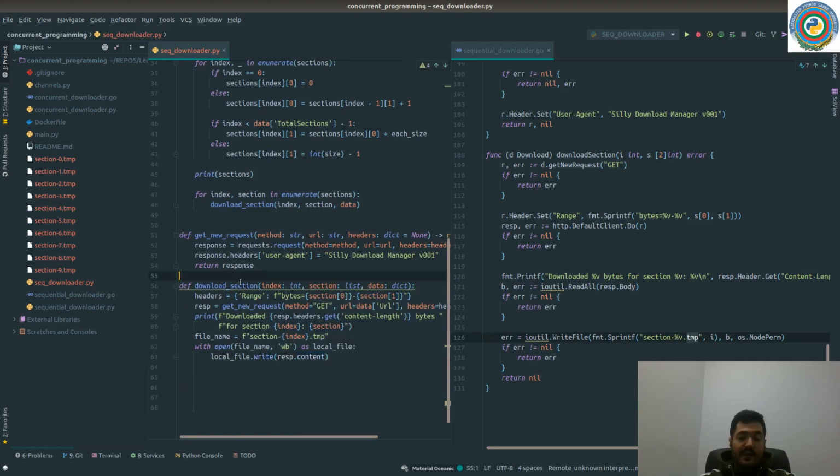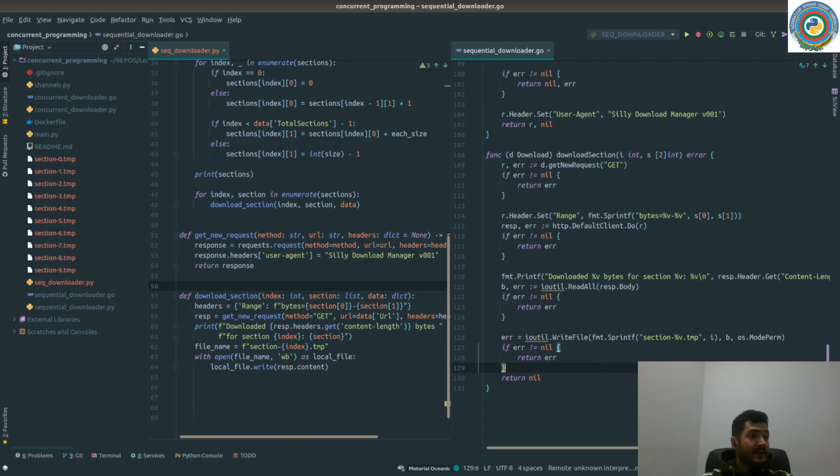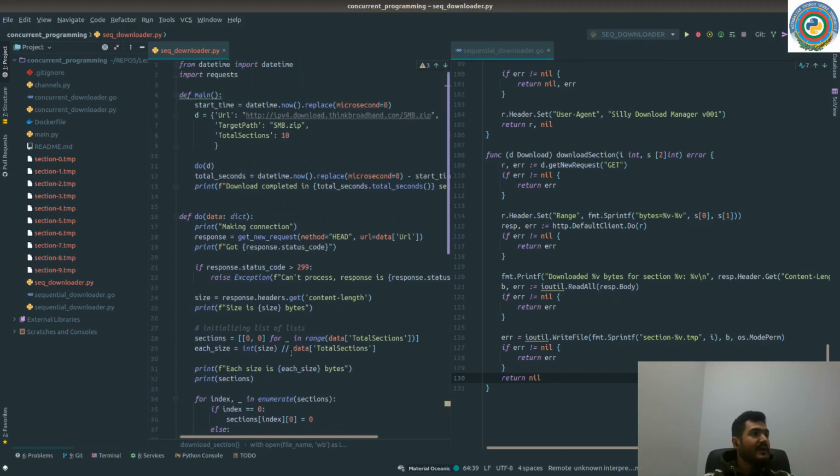Nice, very nice. The same thing we did with the Golang. So we are reading the response body, then we are writing these bytes to this file, and if there is no error, we are just returning nil, indicating the success of the file download. And let's just test our Python sequential downloader, and I think there is nothing left here, so we